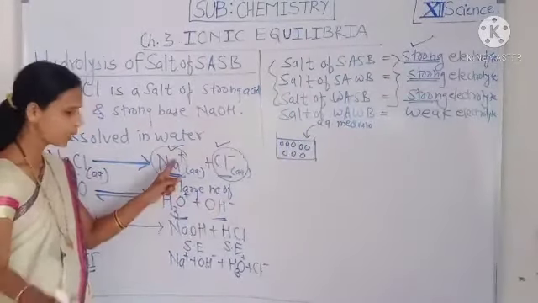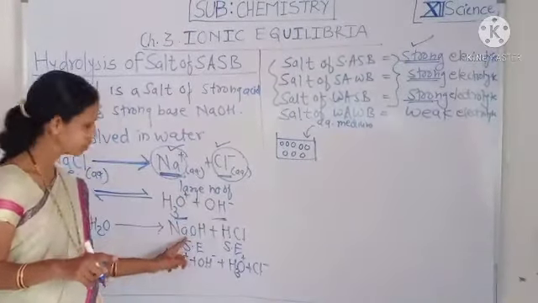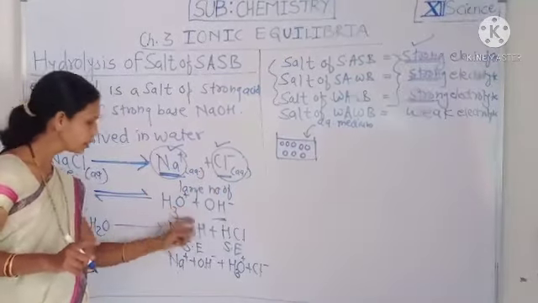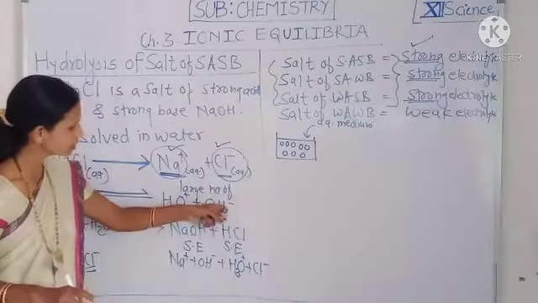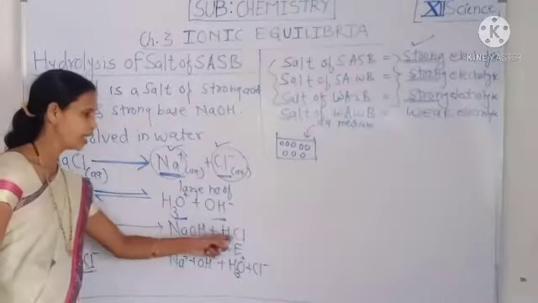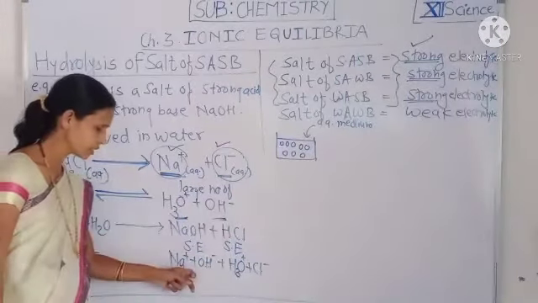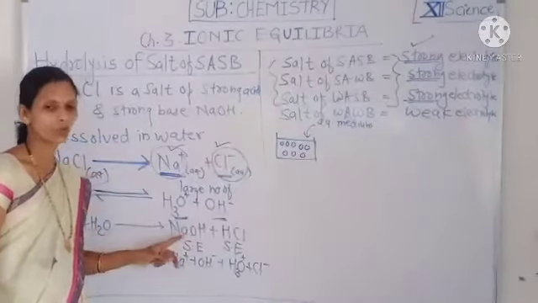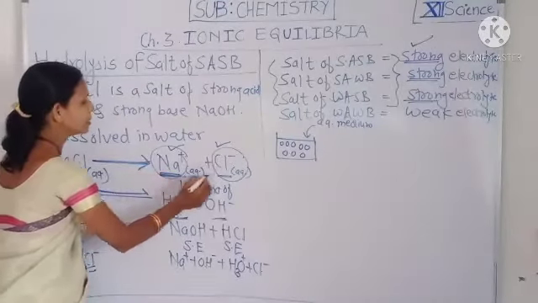That means Na+ does not react with OH- ion to give NaOH, and Cl- does not react with H+ ion to give HCl, because if they reacted to give NaOH and HCl, again NaOH and HCl, as they are strong electrolytes, would dissociate to give their ions, and therefore the Na+ ion and Cl- ion of NaCl in aqueous medium